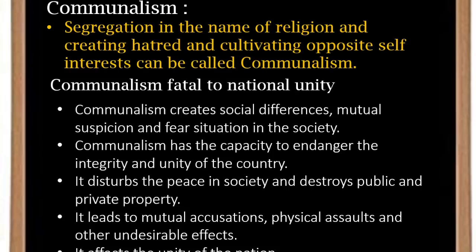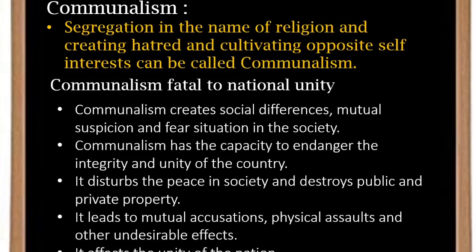Communalism. Communalism is a major problem in our country, especially in our country. As I said earlier,